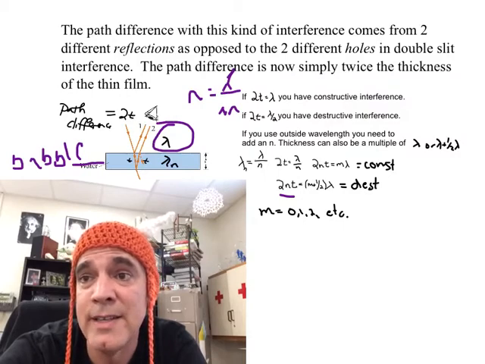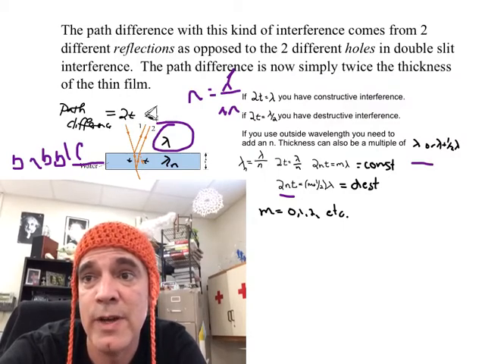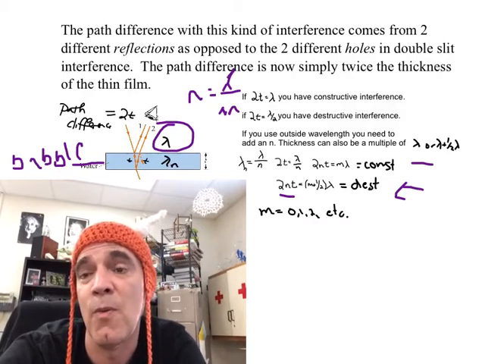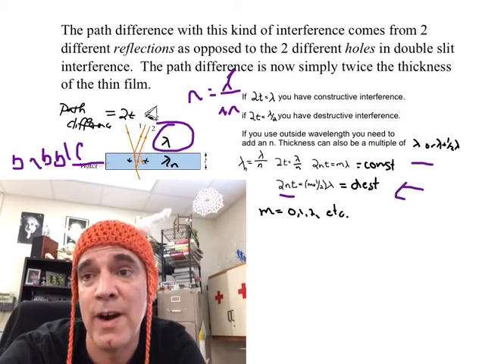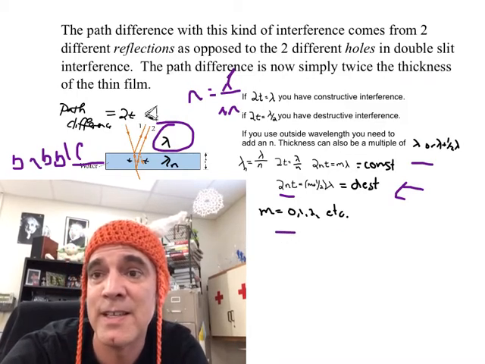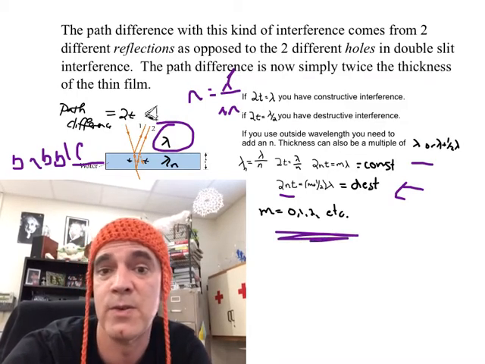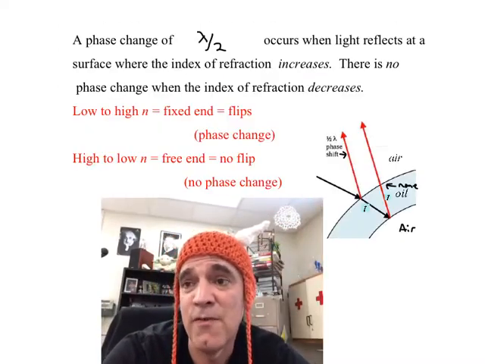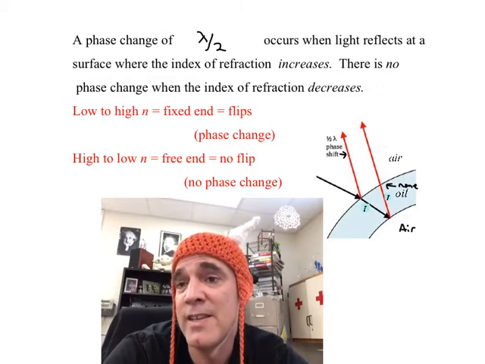So if 2nt is a wavelength, it's constructive. If 2nt is m plus a half, so half a wavelength, we get destructive. And since we can't have a negative thickness, this m only has positive values. Unfortunately, though, we have one more thing that complicates things for thin film interference, and that is that